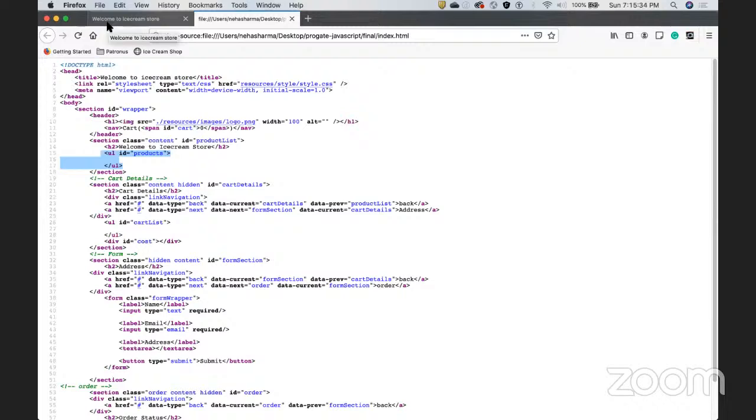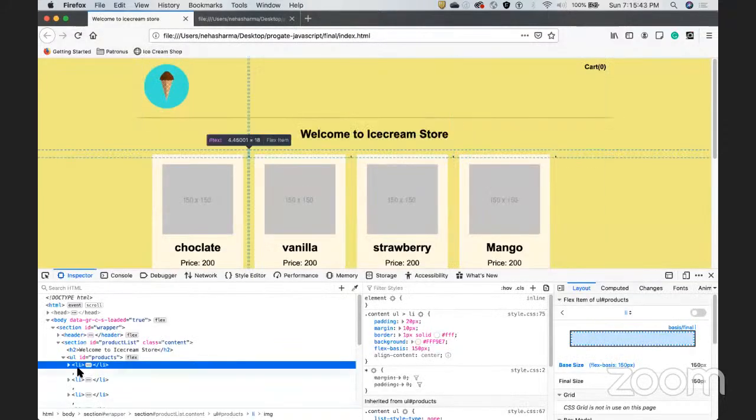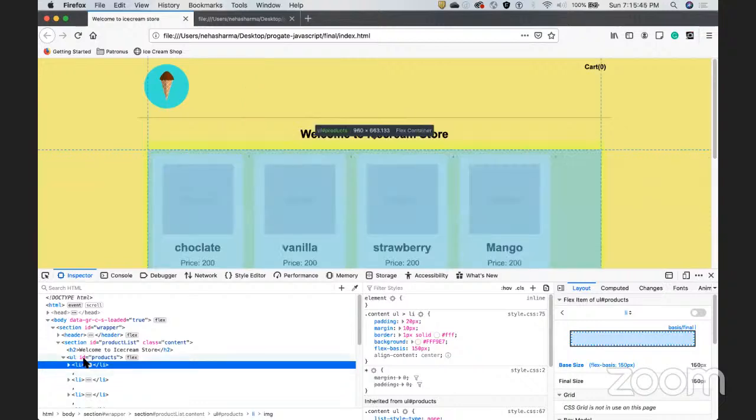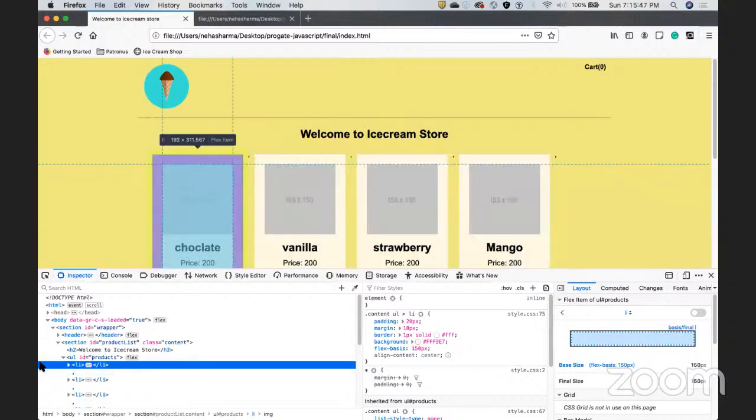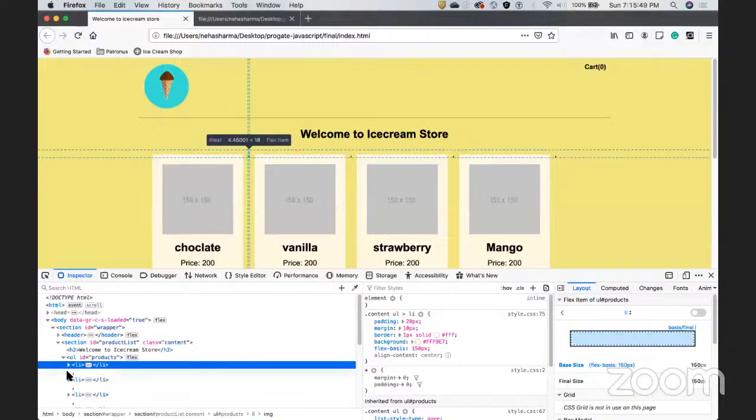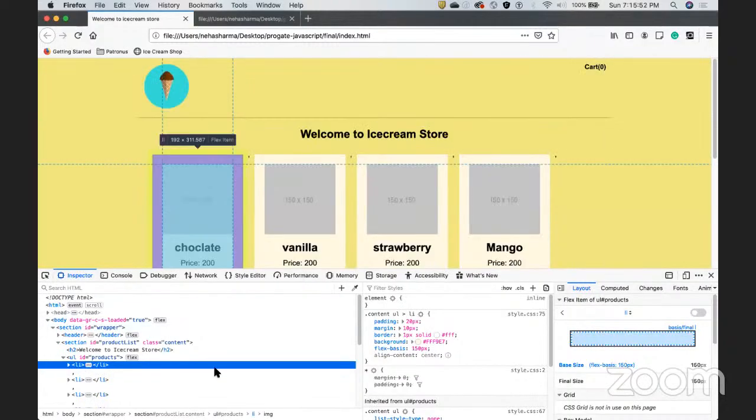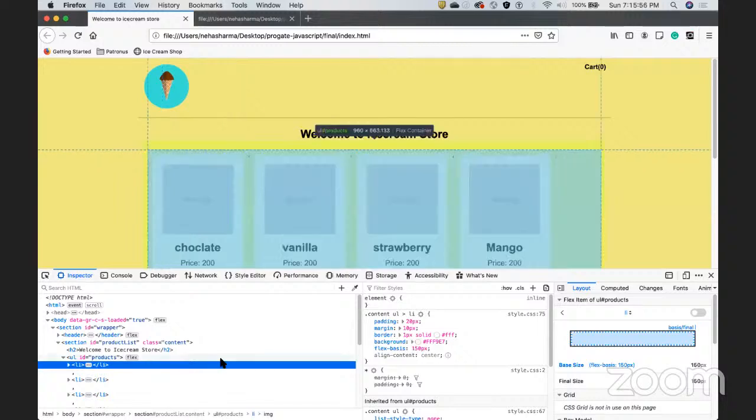Because the data is coming dynamically at runtime, it is not hard-coded HTML. Hence, this is blank when you do view page source. But when you do inspect element, at that time you are able to see it. So most of the time, when you are debugging, only when you do inspect element are you able to see all the dynamic things. Now, the second thing is why I'm telling you this. The first thing is obviously to understand how to know whether the data is coming dynamically or not, and the second thing